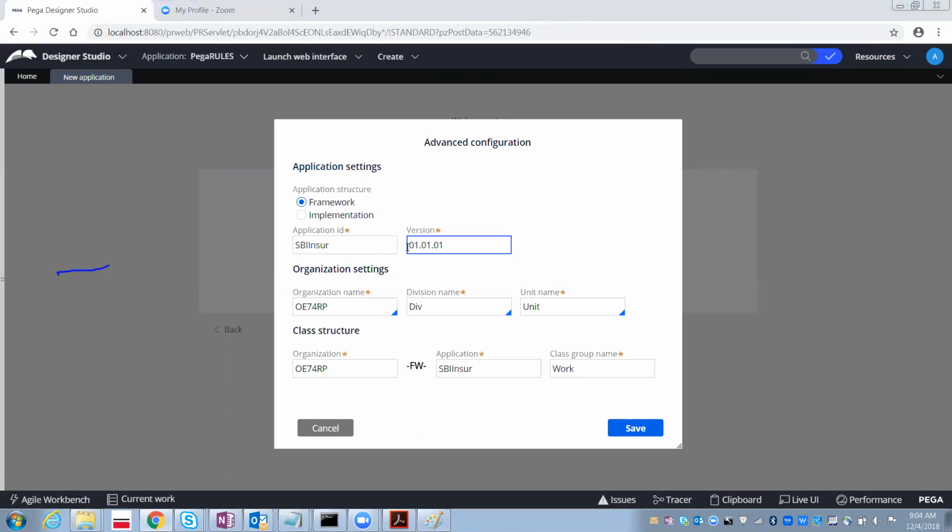So this is the framework with the application ID SBI Insure that I'm going to create, and then we need to create the organization name. What can the organization be? If it is for State Bank of India, you can give State Bank of India, but there is a limit on the characters which can be given.